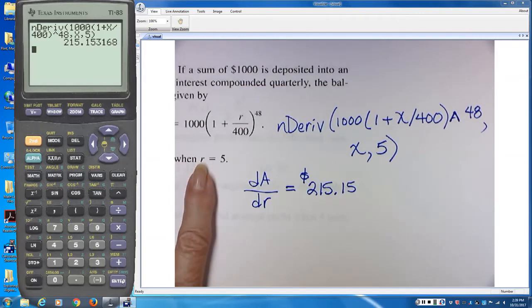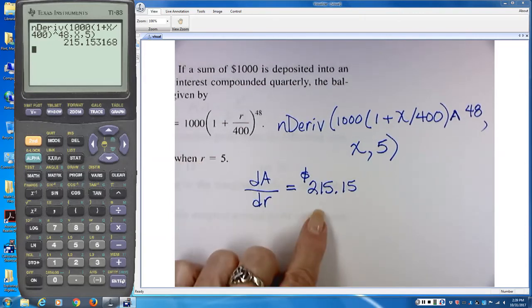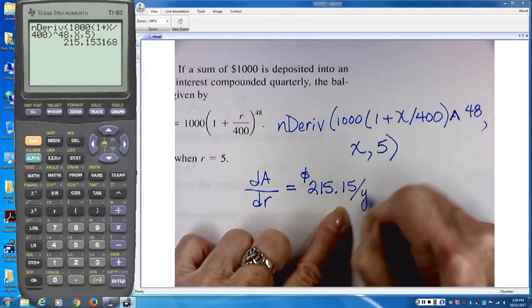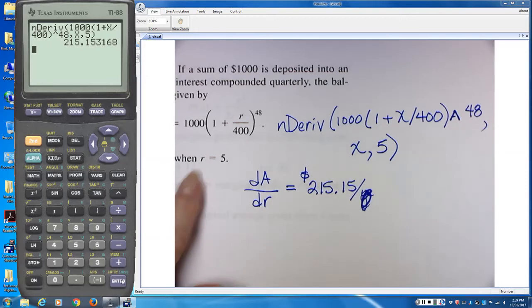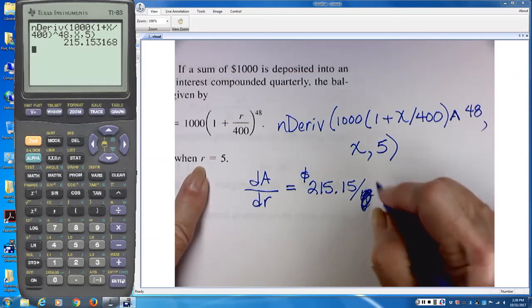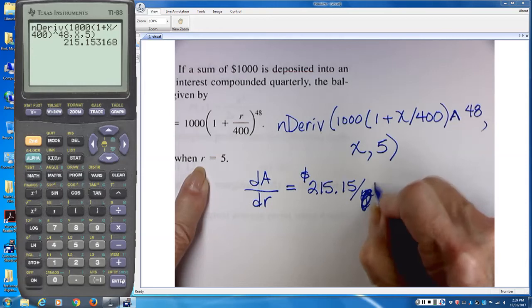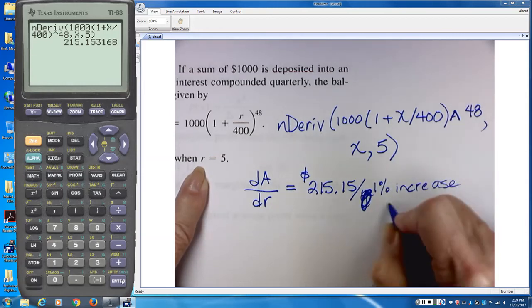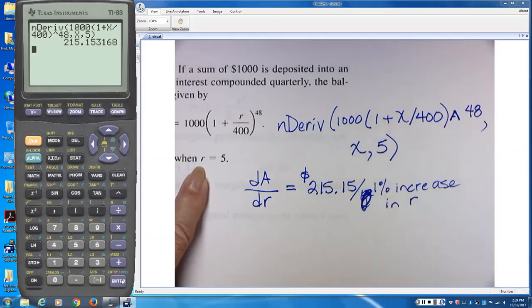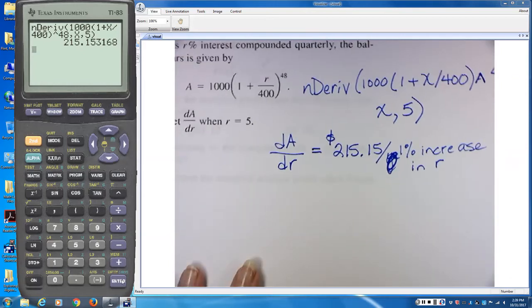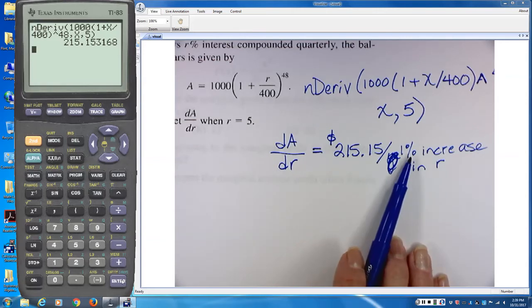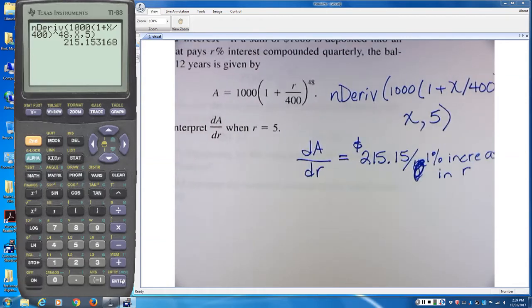And since we're talking about that A is the future value, A is money, okay? So the derivative is money per, it's not year, it's per 1% interest rate. Because remember, R is an interest rate, so it's per 1% increase in the interest rate. The way you interpret that is you say